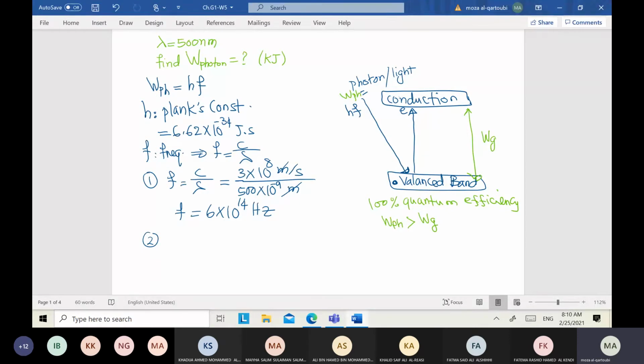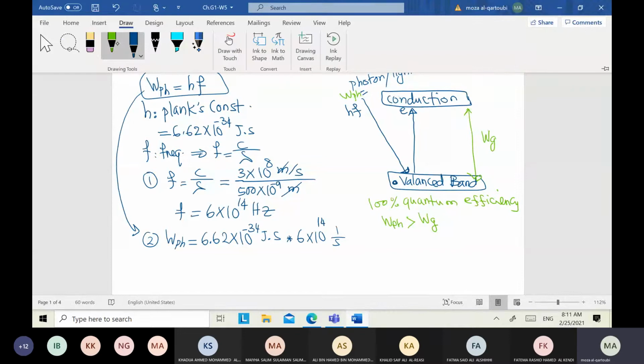Then step number 2, we need now to substitute in the rule of energy. So energy of photon equals h times frequency, where h is Planck's constant, 6.62 times 10 power minus 34, joule second, and frequency equals 6 times 10 power 14, with respect to 1 over s, where 1 over s equals hertz. So to cancel only this value, s with s, we'll find now energy